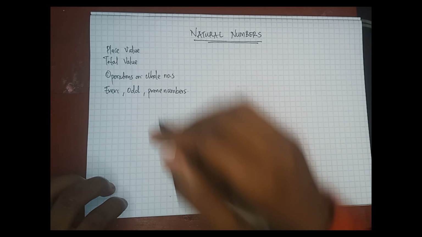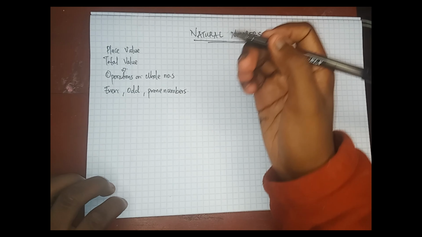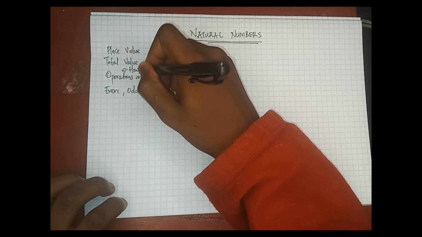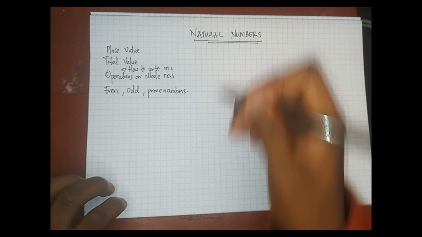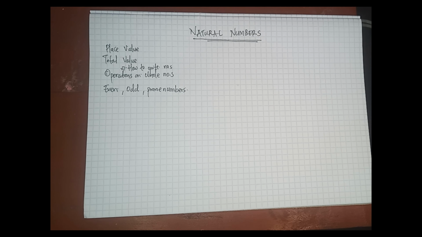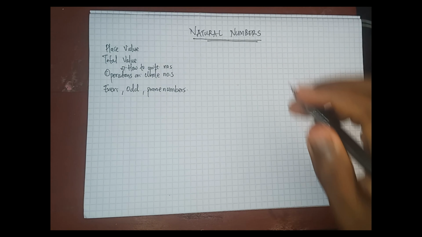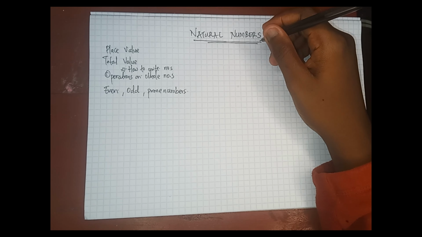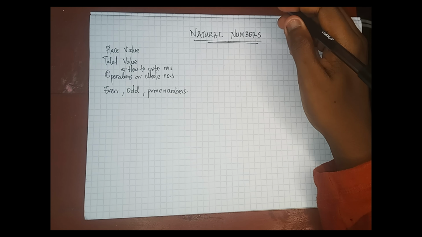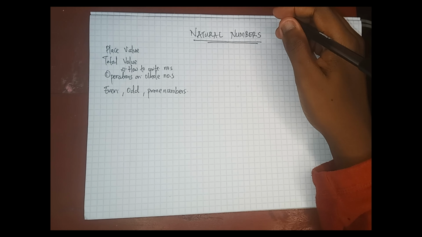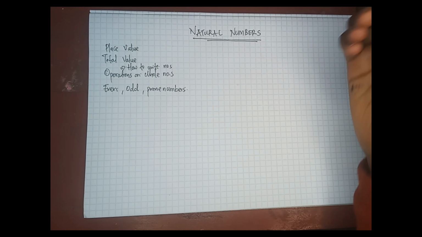In addition to that, how to write numbers, especially large ones. So let us begin. These concepts have been introduced to you during your primary school studies as you undertook your KCPE exams. So basically, place value is the position of a digit in a number. So for example,